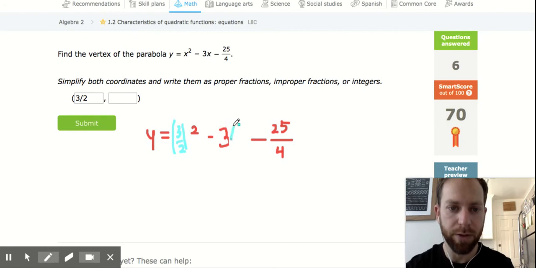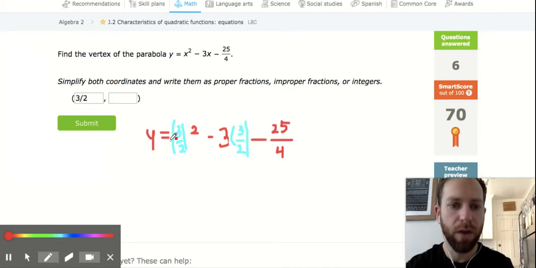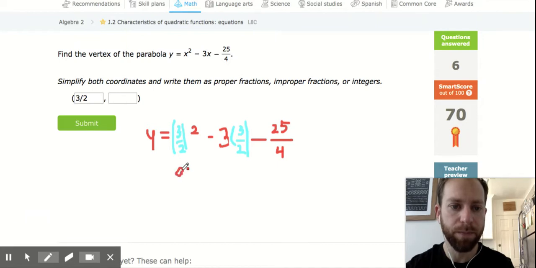This will be a positive 3 over 2. And let's go ahead and simplify this. 3 squared is 9. 2 squared is 4. Minus, let's see, 3 times 3 will be 9. But we don't do 3 times 2 because this is like 3 over 1, right? So this is just 1 times 2. This is 9 over 2